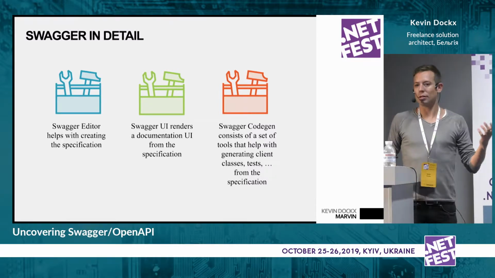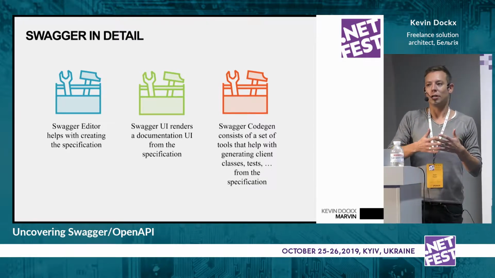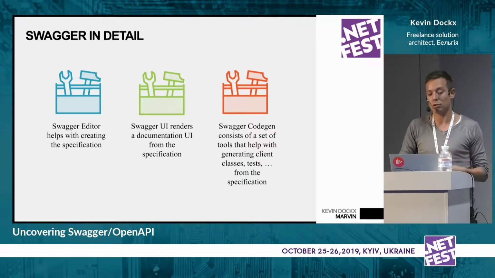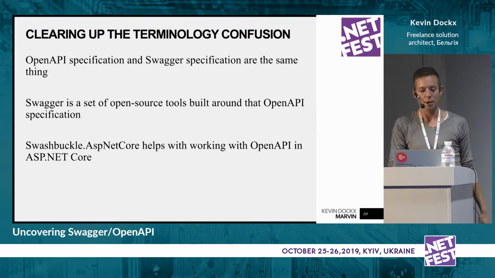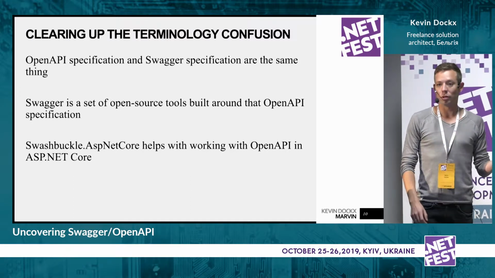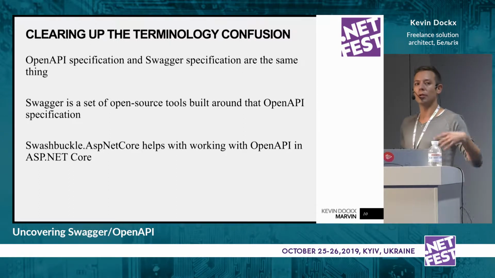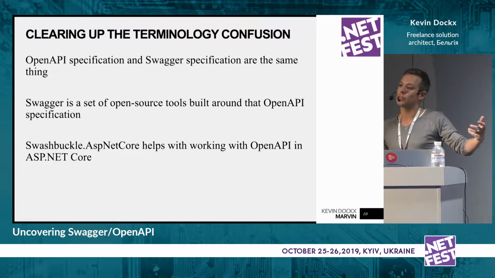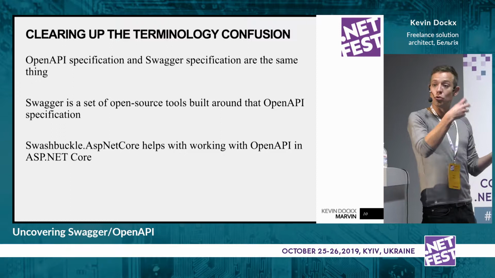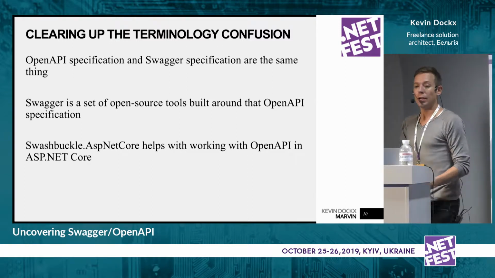As this is a fully standardized specification, you also see other tools showing up in other languages like .NET Core. And that's where we come to Swashbuckle. So Swashbuckle.AspNetCore is a library that helps with working with OpenAPI and ASP.NET Core. It generates the specification from your API, and it uses Swagger UI to generate that documentation UI from. And then you have other